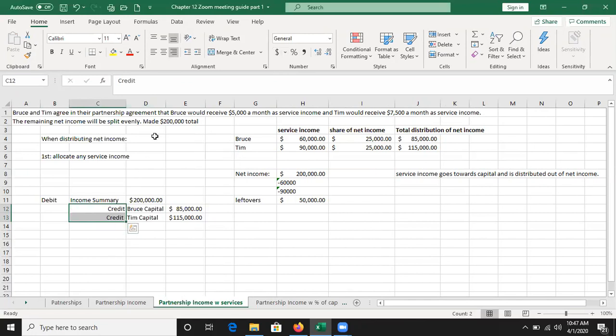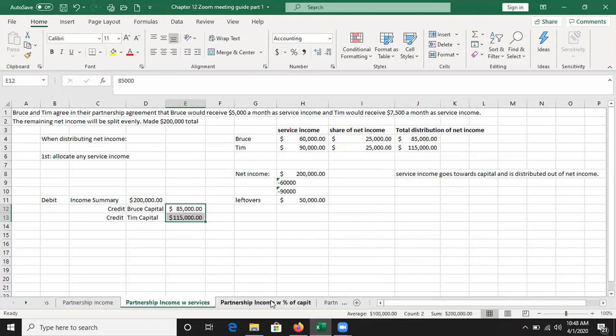And that's it. So with service income, that's it. You just want to make sure that your total credits equal your total debit, which it does, sum 200,000. Okay, and I think making a chart's nice, and you're going to see why, because we're going to take this a step up now in the next